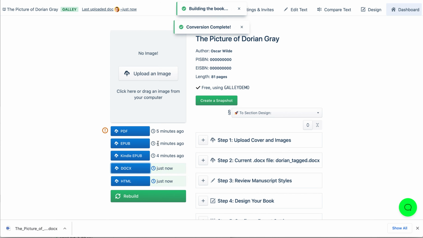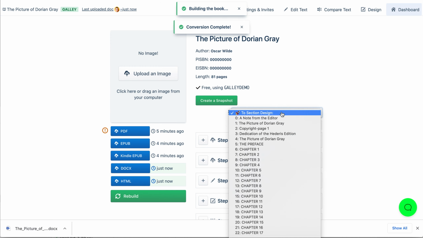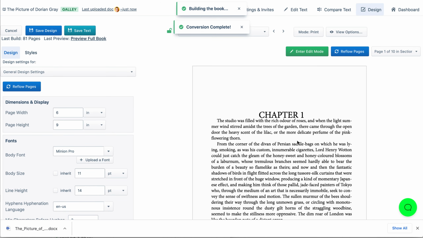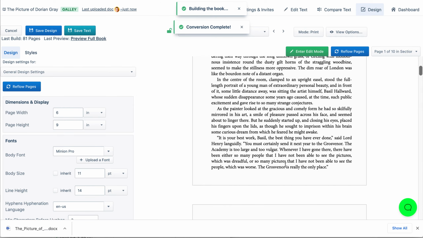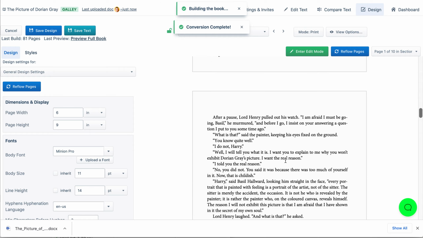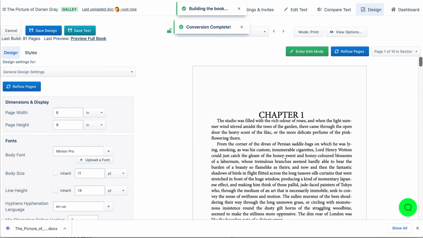And it looks like the conversion is finished. So let's start looking at the design. For starters, we'll just jump in and look at one of the chapters here. This is what it looks like out of the box. Roughly book-like here. You can see the pages on the right that I'm scrolling through, but it definitely could use some improvement. So let's jump back to the dashboard